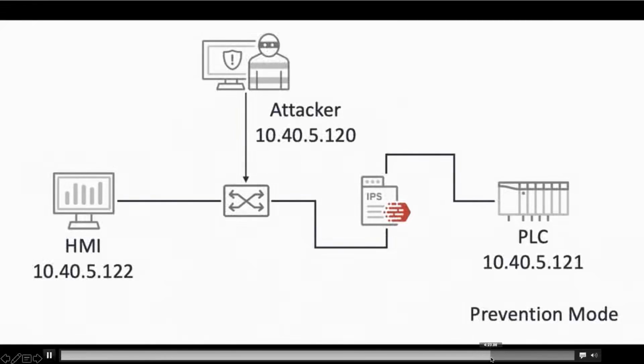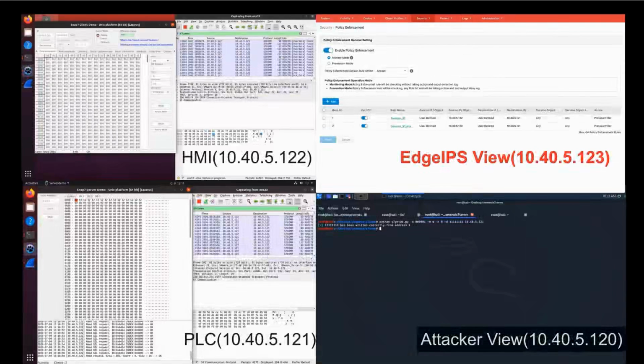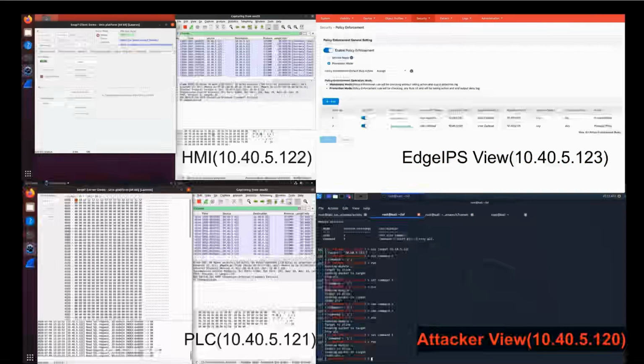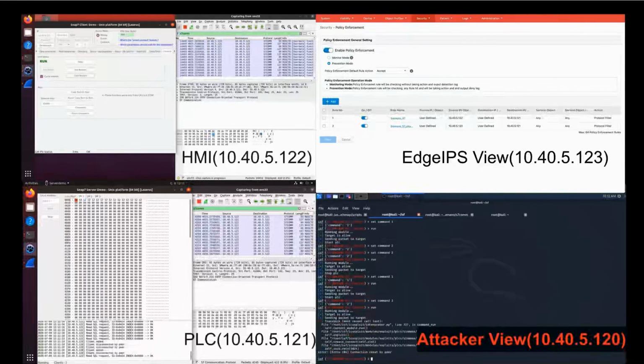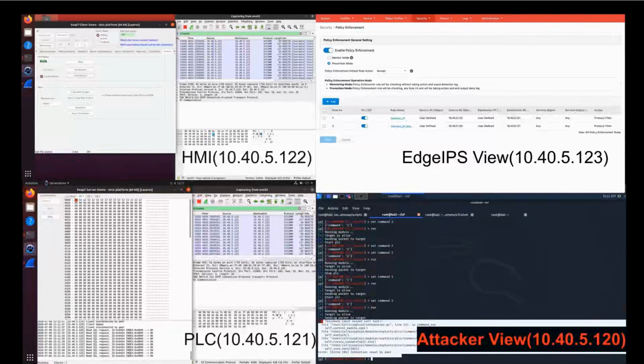Here, quickly, we switch to prevention mode, and in this mode every malicious traffic will be blocked. So we can make sure our ICS environment is protected and secure, even though the protocol is weak, without any security, authentication, authorization, or encryption.